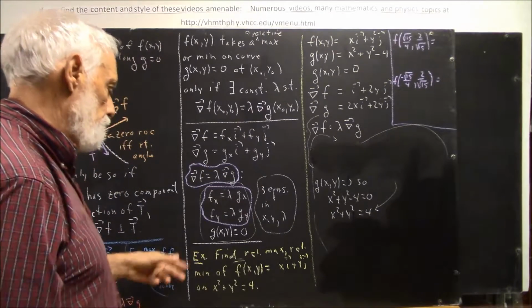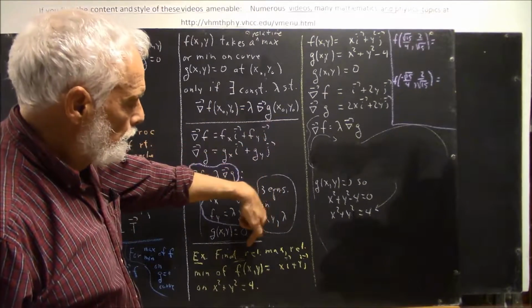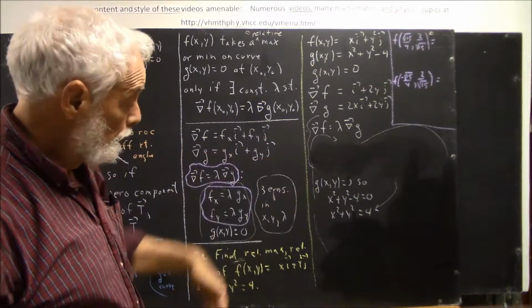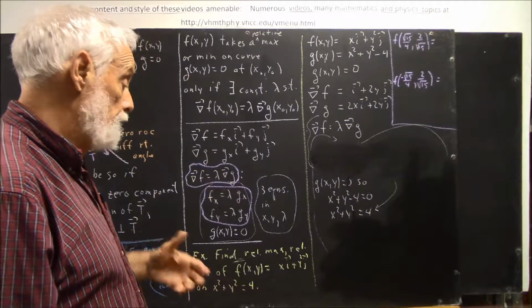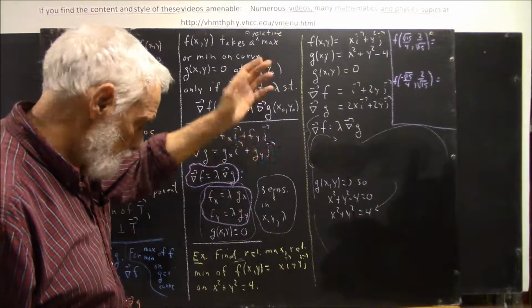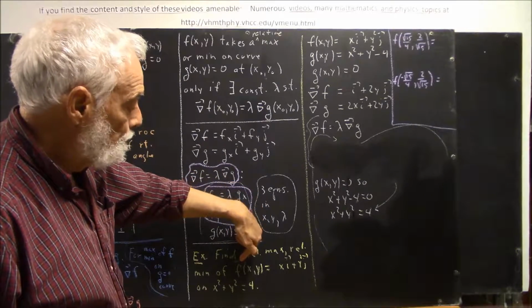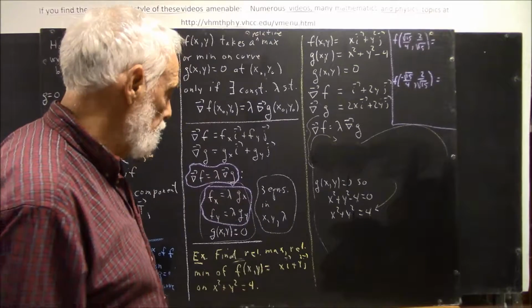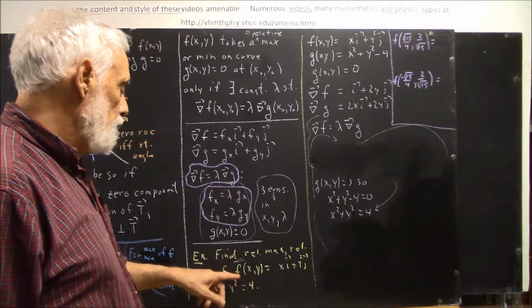Now we want to do an example where we find the relative maximum and relative minimum. Any relative maximum, relative minimum, there might be more of one of each. There might be none of each, or none of one, whatever. Okay, so let's let our function be f of xy equals xi plus y squared j, and let's let our